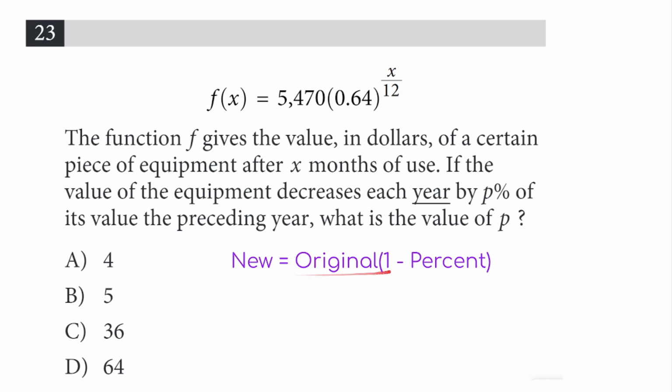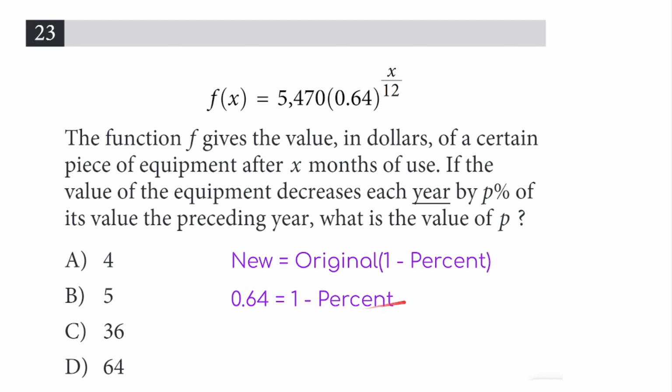Now if we look in our equation here, we see the word percent is right here inside the parentheses. Now we also see that inside the parentheses is 0.64 up here. So what I'm trying to say here is that you can put 0.64 equal to 1 minus percent because they're both inside the parentheses. Now we just have to find 1 minus what gets you to 0.64,